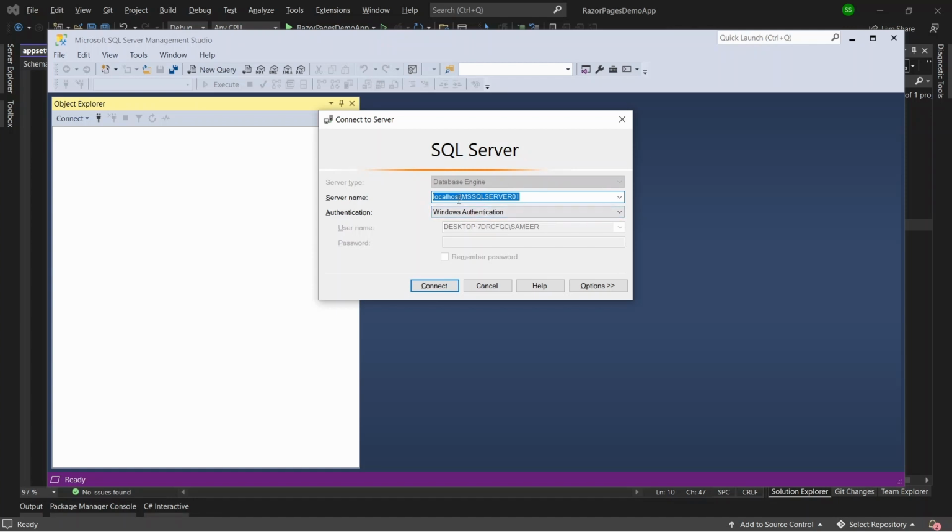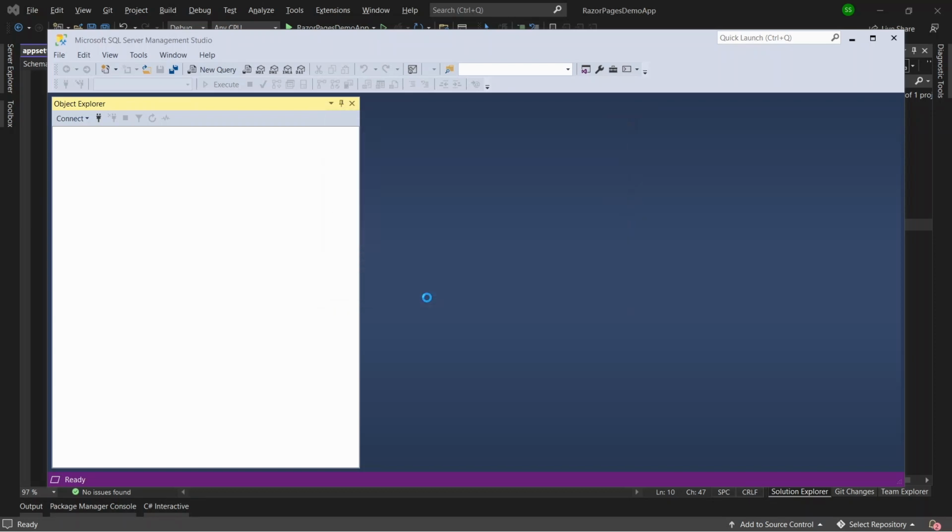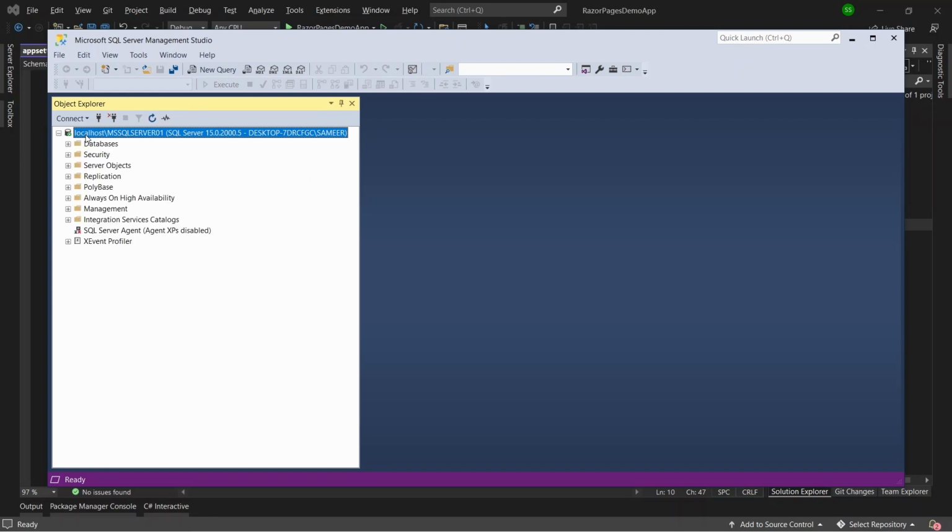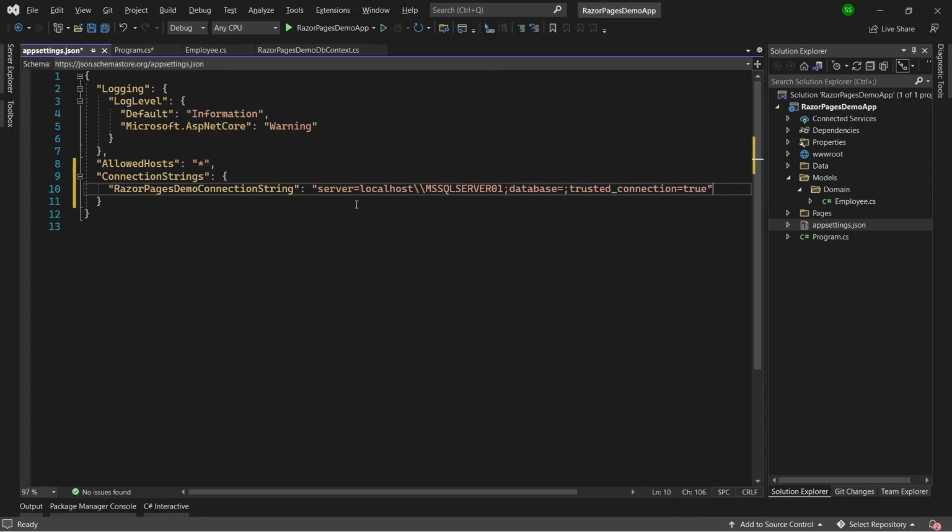And I can copy it, but also do confirm that you are able to connect to it and only use that name that you are able to connect it with. So I'll connect it, and you can see that it gets connected, and I can also see the databases that I have. So I will use this server name over here inside my connection string,